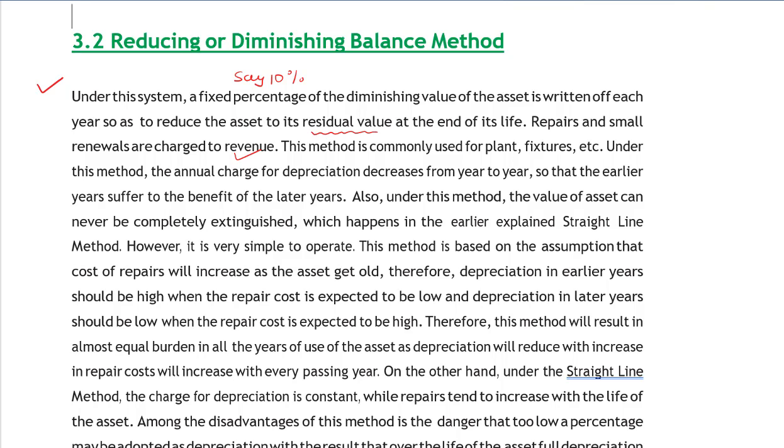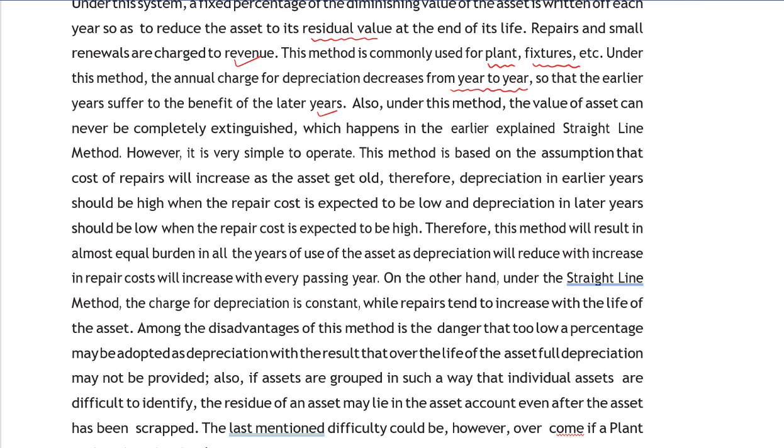Repairs and small renewals are charged to revenue. We have already learned this. This method is commonly used for plant, fixtures, etc. Under this method, the annual charge of depreciation decreases from year to year, so that the earlier year suffers to the benefit of the later years. Also, under this method, the value of asset can never be completely extinguished because there would be